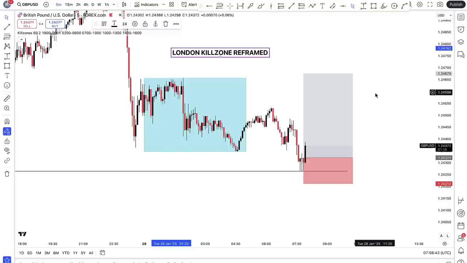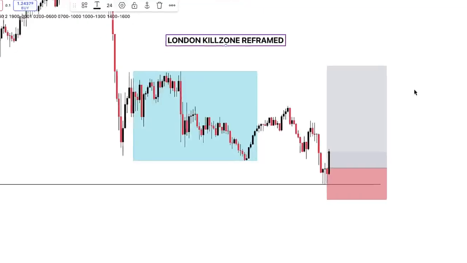This is very early morning London session, and I'm taking a trade on GBP USD. As is my culture, I told you guys that every time I am taking a trade, I'm going to record everything for you. And this is going to capture all my experiences, whether it is a failure trade or a winning trade. And what I'm about to do in this video is to show you how to reframe the London